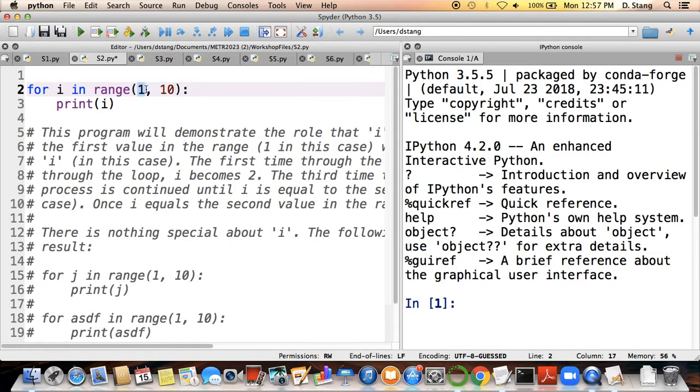So range with two numbers, the first value in the range function specifies the starting value for your looping variable, which is this i here. The first time through the loop, when the loop first begins, our variable i is going to assume a value of 1. And then as the loop progresses, the value of i will increase by 1. So on the first cycle through the loop, i will be 1. Then on the next cycle, i will increase to 2, and so on and so forth